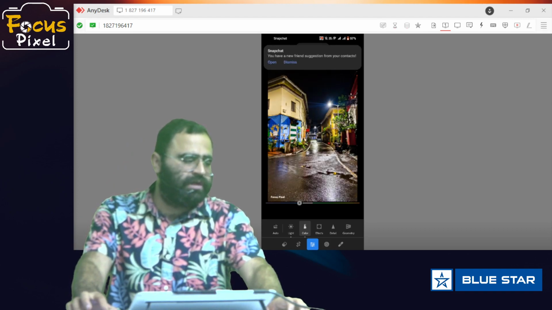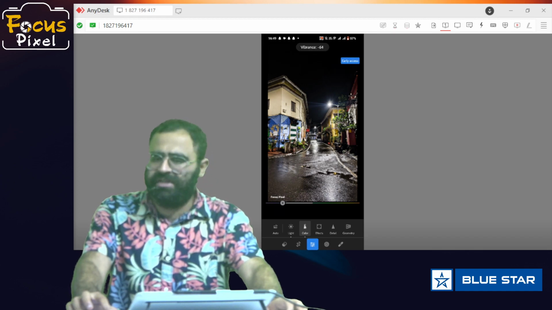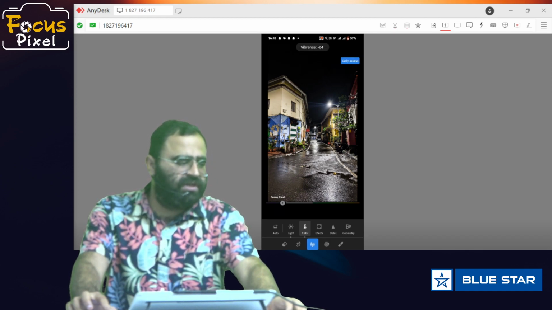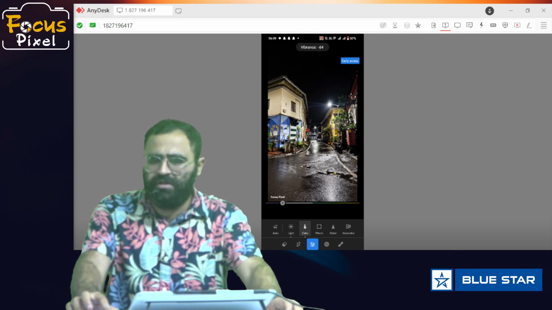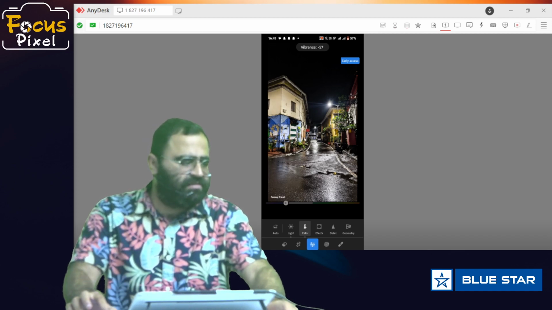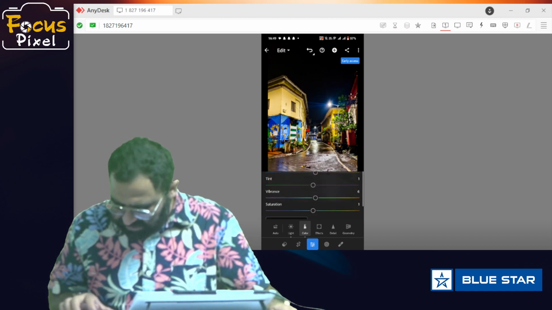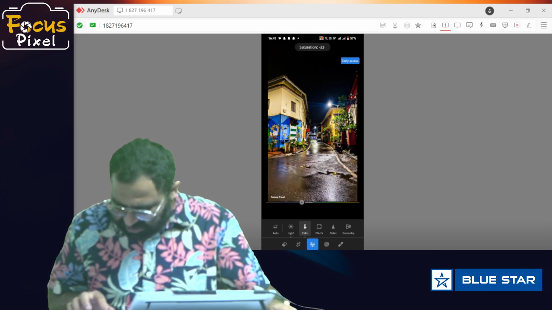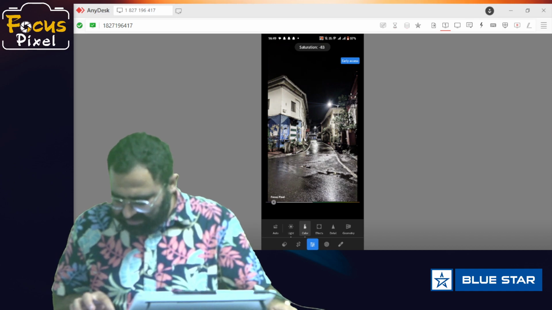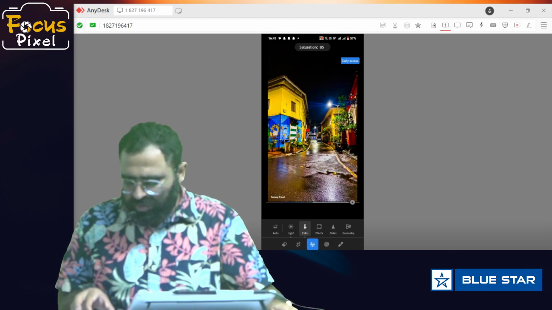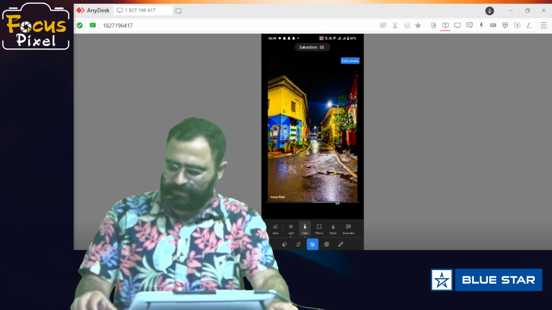Okay, so you can use this effect as well. This faded image also gives you some dramatic look. If you have to convey some dramatic message through your photograph, you can use this vibrance. Same with the saturation. Saturation goes back to black and white, and more popping out of the colors.